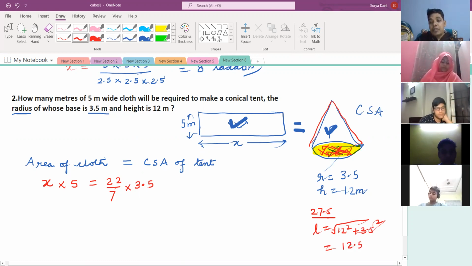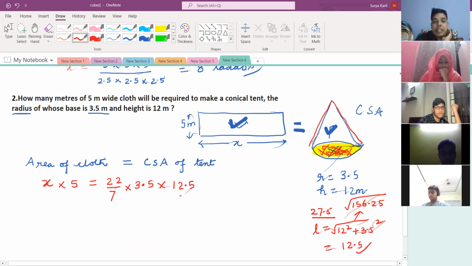If you solve this, you'll get 156.25. You're getting like this also, Nihar. 12.25, sir. 3.5 squared. Yes, Sai Charan. See, 144 plus 12.25 you add, you will get 156.25, and root of that is 12.5. Okay. Yes, sir. So pi r and L is nothing but 12.5. Now we can solve this, find the value of x and get the answer.